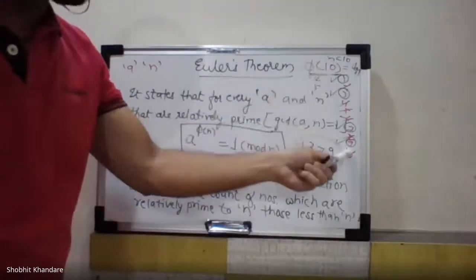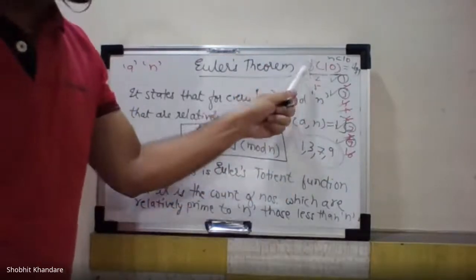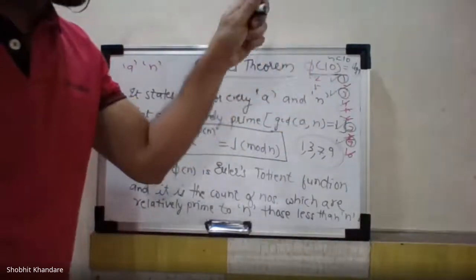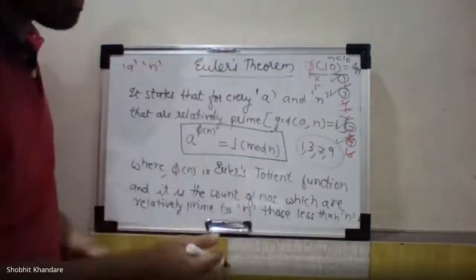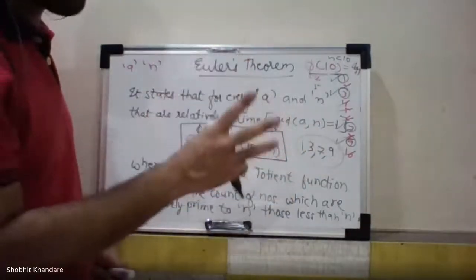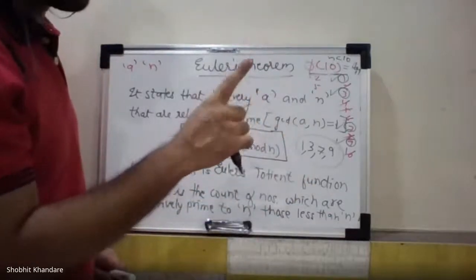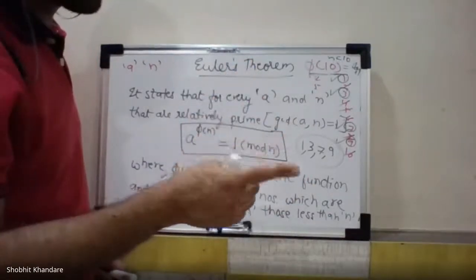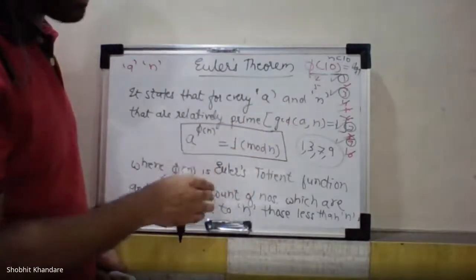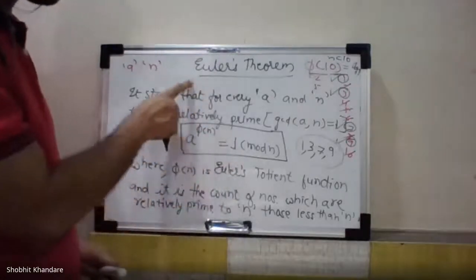I have explained how to get the totient function. Even I have told you how to get the totient function of the prime number. That prime number we are going to understand under 3 different cases. Then you will understand what the 3 different cases are. One case we have already taken, to find the totient function of the prime number. So we'll see all the cases. In total there are 3 cases. We'll see them one by one to understand this particular Euler's theorem.